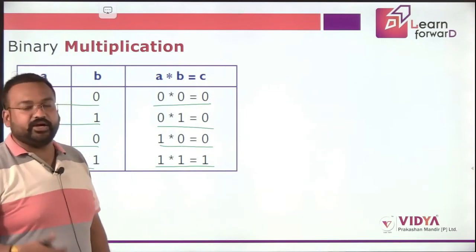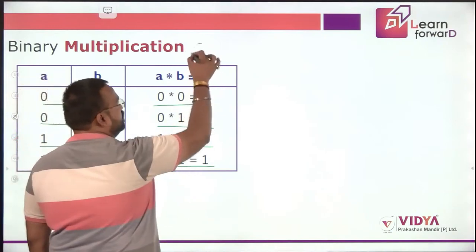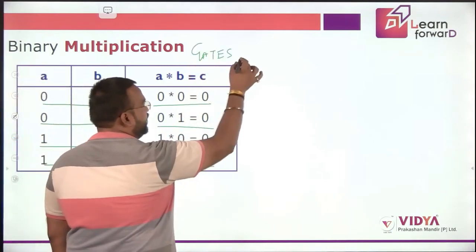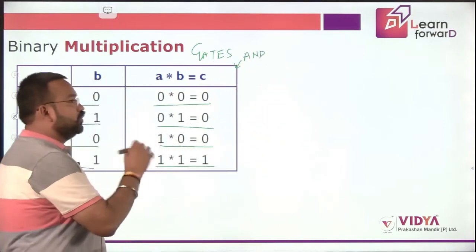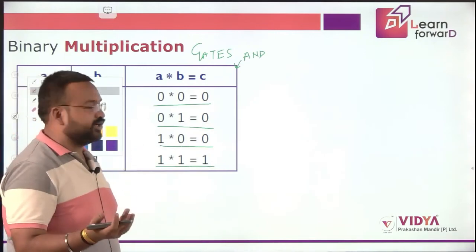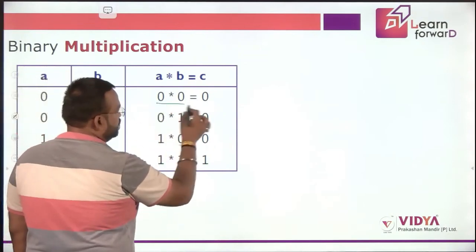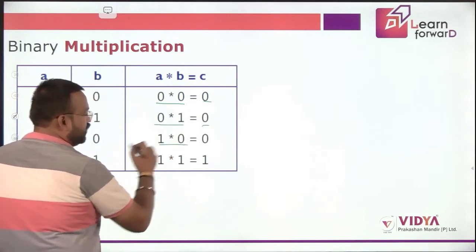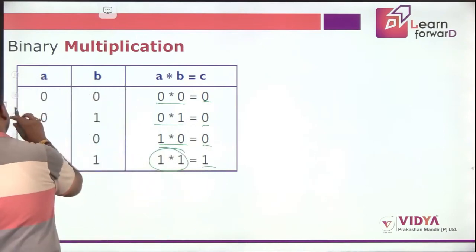If you have read about the gates in a computer system, this generally represents your AND gate. I won't go deep into that, because I am not sure whether you have gone through the OR gate, AND gate or NOT gate. So let's keep it simple. If you multiply 0 with 0, it would be 0; 0 into 1, that would be 0; 1 into 0, that would be 0; and if both are 1, then we get the answer 1.